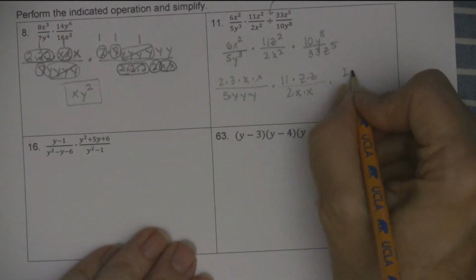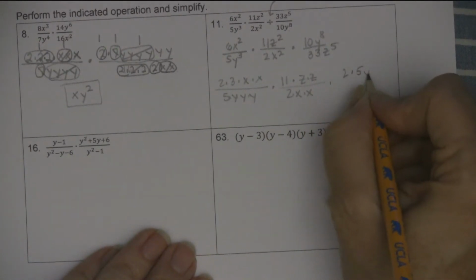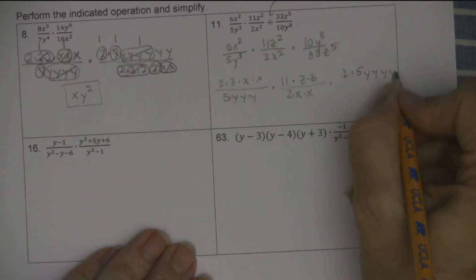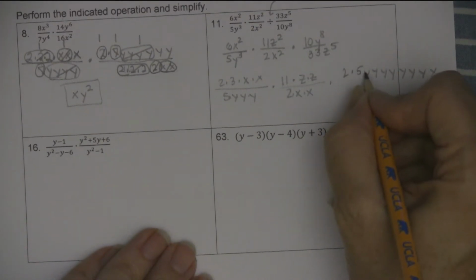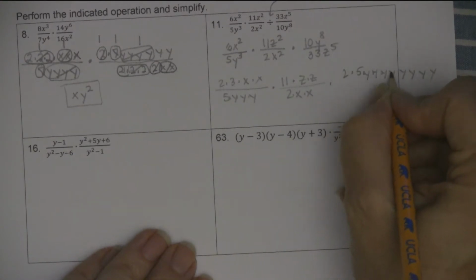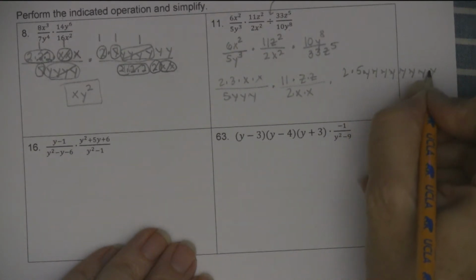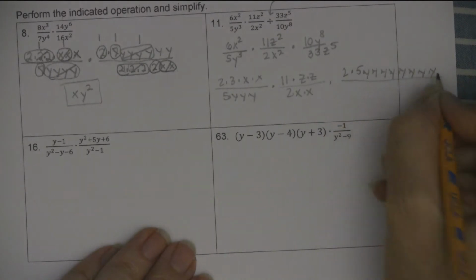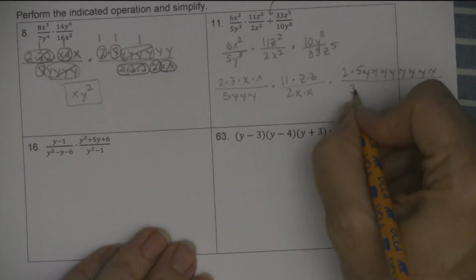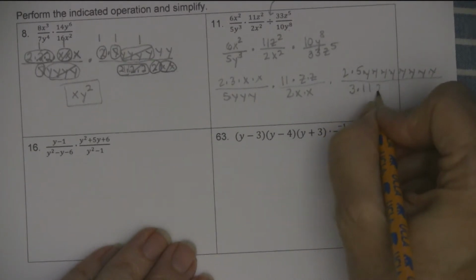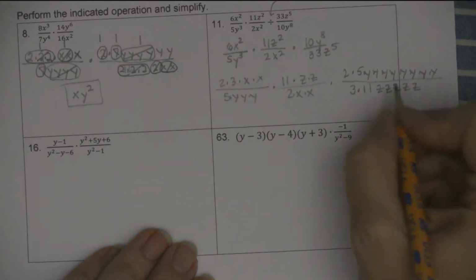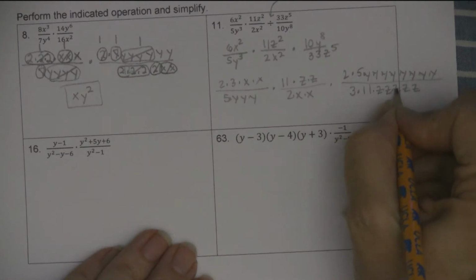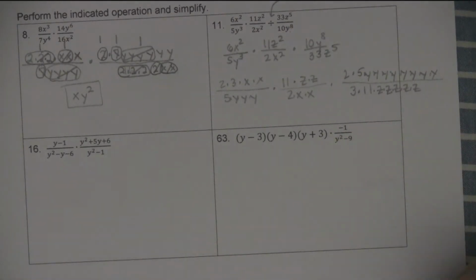10 is 2 times 5, y, 8 of them. Those are my times between my y's. You don't really need them, but I'm wanting to make sure that you know that, hey, those are separated. 3 times 11, z, 5 of them. And then when I go reducing, anything that's in the top, and of course, as I've